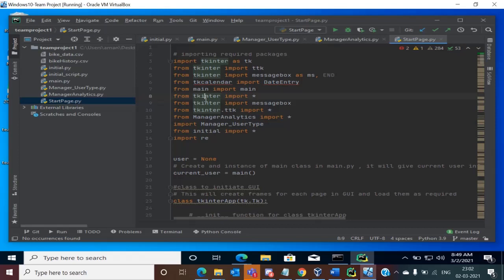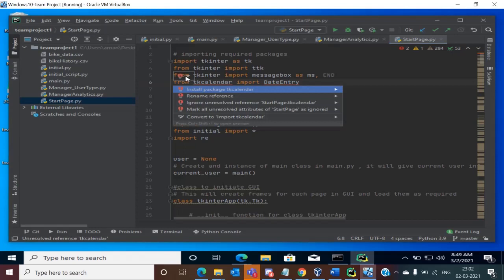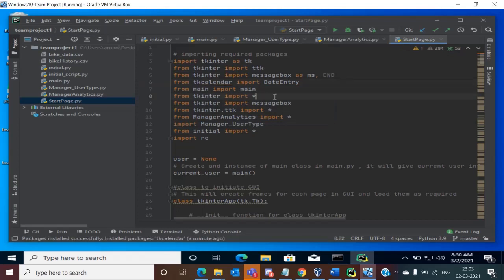In my startpage.py, I can see a package called tkcalendar. I have to install this package. In order to do so, I'll simply hover over it. It will give me an option, install package tkcalendar. Now you can see all the packages have been installed successfully. I can run my program.